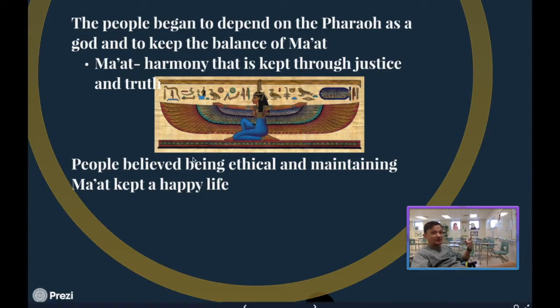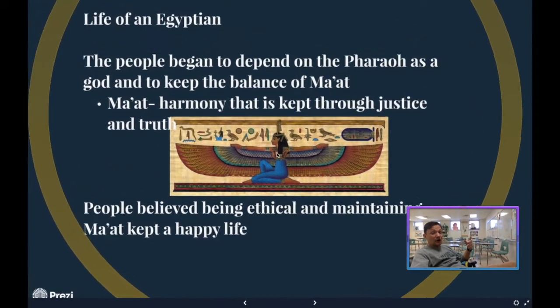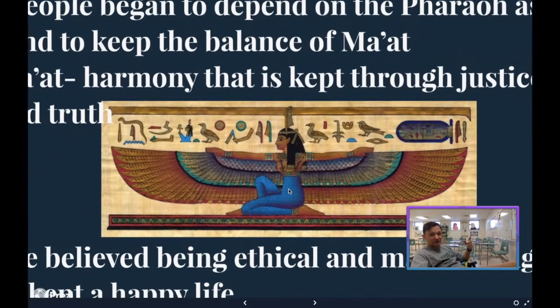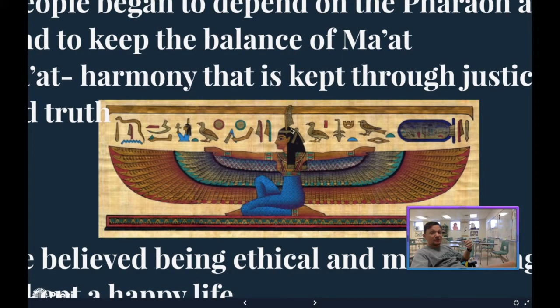So the goddess Maat actually sits right here, and on her head, I don't know if you can actually see it, she wears the feather of truth that your heart is weighed against in your judgment story, right? We'll talk about that again a little later. But apparently in ancient Egyptian judgment, your heart was weighed against the feather of truth, and if they were balanced out, it means you were prepared to go on to their heaven. She wears that on her head, and she is also a winged goddess to show balance, right?